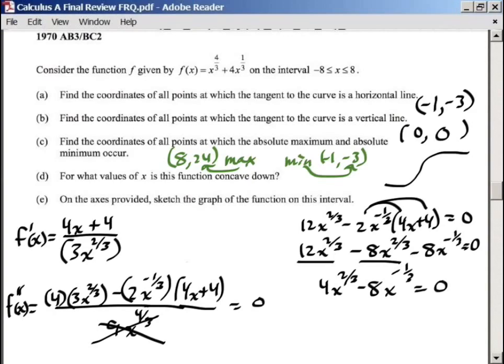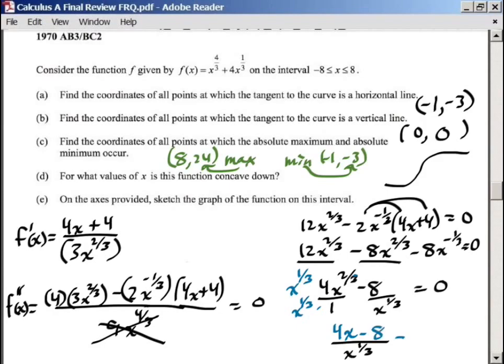Alright, let's further this by writing, instead of 8x to the negative 1/3, 8 divided by x to the 1/3. So that means we have two fractions that we have to find common denominators for again. The common denominator is going to be x to the 1/3, and I would multiply this times x to the 1/3, and then multiply the top times x to the 1/3, and I would be adding these two fractions together, so I would get 4x